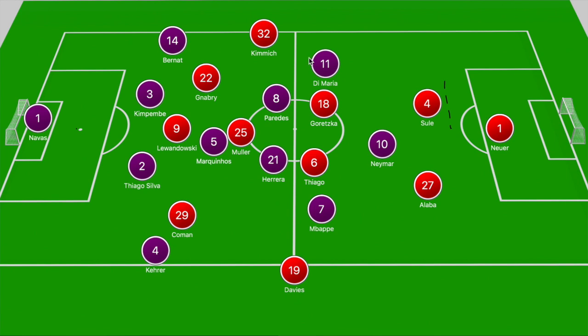And even when we look to the second half, the pattern didn't shift. Tuchel did swap Mbappe and Di Maria, and perhaps that was to get Mbappe to run at Davies because he was on a booking. Nevertheless, when you break down the build-up to Bayern Munich's goal, it's Thiago from a deeper position, not closed down,